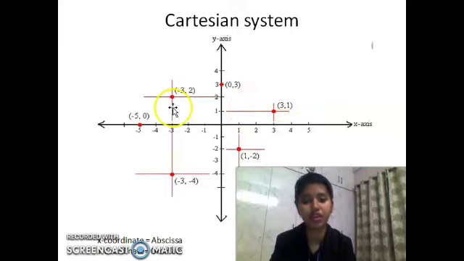In that way, other values also you can see here. Look at this point: the x value is -3 and the y value is 2. So x is negative and y is positive. Always remember one thing that I am going to tell you now. In the first quadrant, x and y both are positive, but in the second quadrant, x is negative and y is positive. In the third quadrant, both are negative, and in the fourth quadrant, x is positive as well as y is negative. We should remember all these things, because on the basis of these signs we can easily find the position.